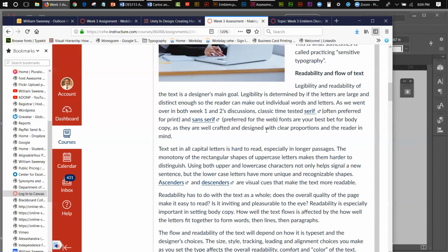It just is not right. So keep that in mind. The monotony of the rectangular shapes of uppercase letters makes them harder to distinguish. Using both upper and lowercase characters not only helps signal a new sentence, but the lowercase letters have more unique